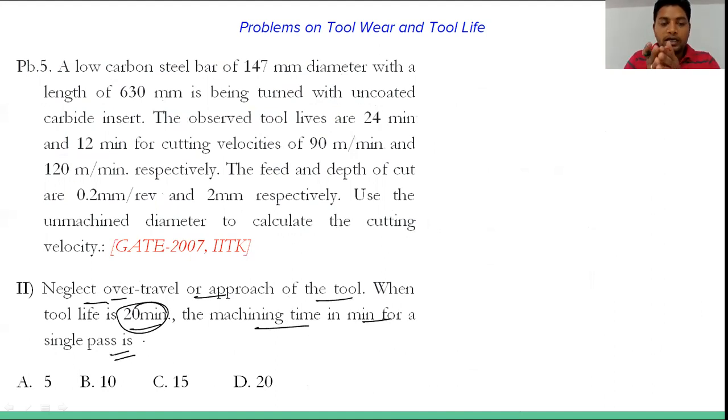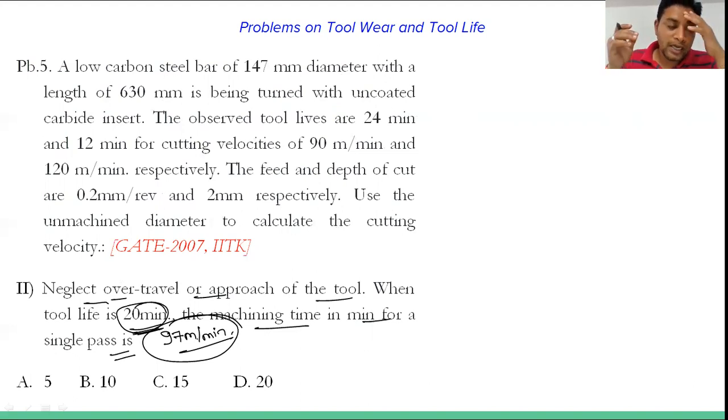देखिए, there is a difference between the machining time and the tool life, because जो machining time आप जब calculate करेंगे that will also be in minutes only. Okay, but machining time और tool life में difference क्या है कि, like यदि आपकी tool life जो है that is 20 minutes है, that time the cutting velocity is 97 मीटर पर मिनट. तो अगर मान लीजिए कि कोई turning operation चल रहा है जो इसी के data हम consider कर लेते हैं, this is the diameter and this is the length.